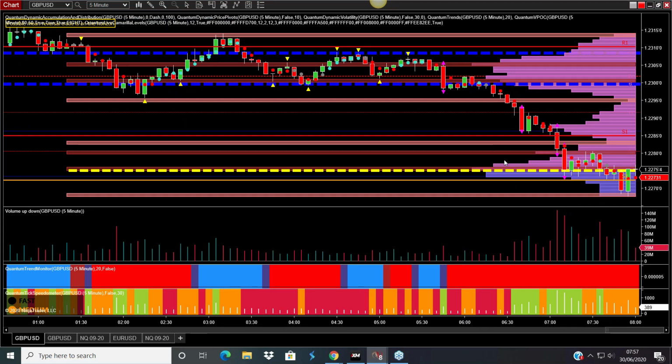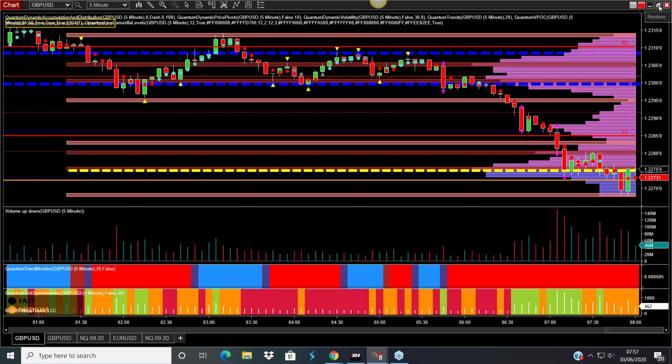Now, what's interesting about the 5-minute chart, those of you would have noticed, is that the VPOC, the volume point of control, has now dropped because we had the move lower, then it went into a congestion phase ahead of London, which often happens, similarly before a major piece of fundamental data. This indicator is dynamic, and it dynamically moved from here to here. So we have now another congestion phase, and now we're waiting.